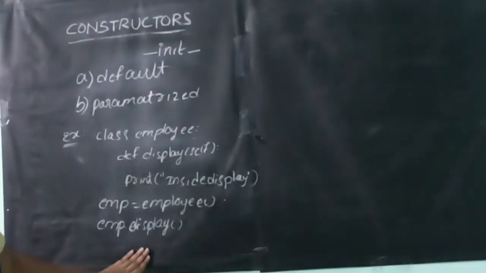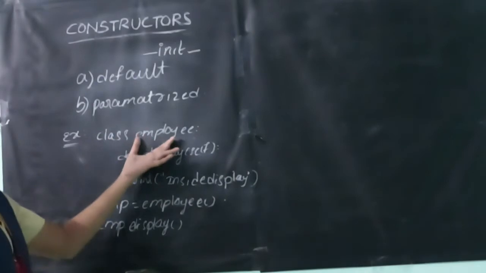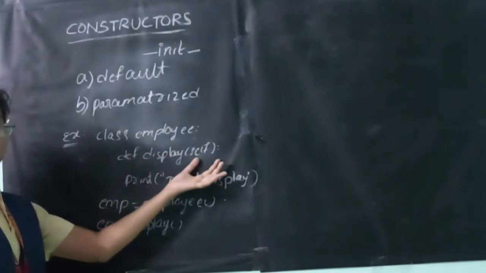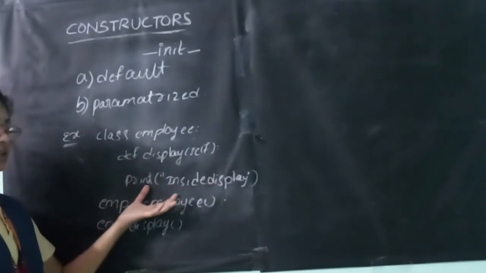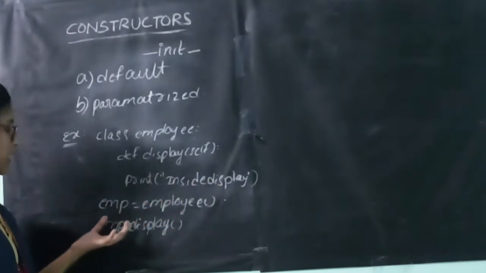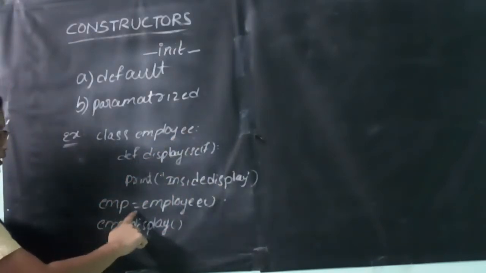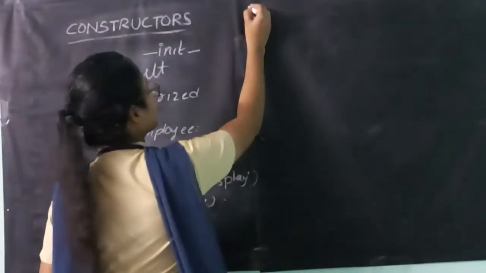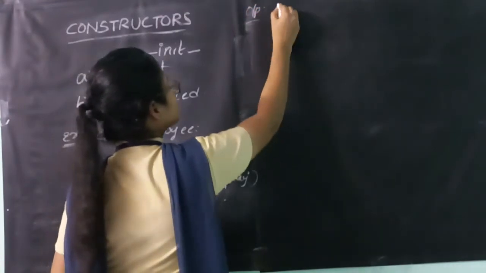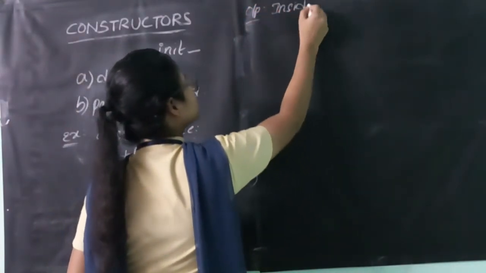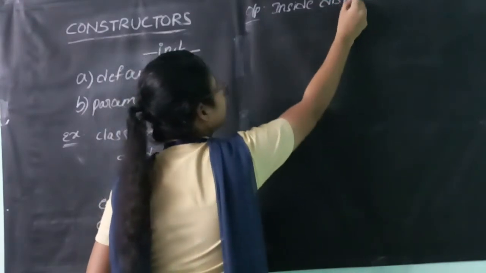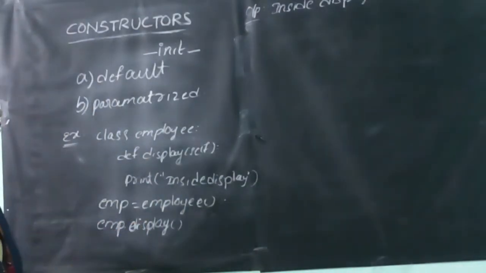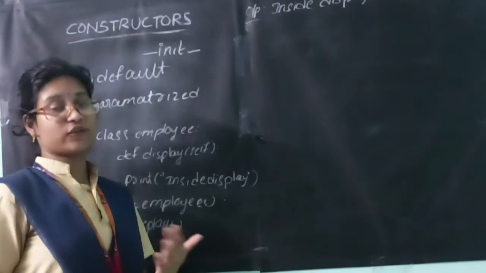So see, let me explain you again. Here I take my class name as Employee. I defined a function def display of self. I printed a statement, print of "inside display", and I assigned this Employee to the emp. emp is equals to Employee of, and emp dot display of. Then we get the output as "inside display". So this is the example for the default constructor,